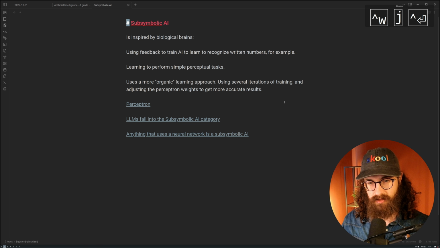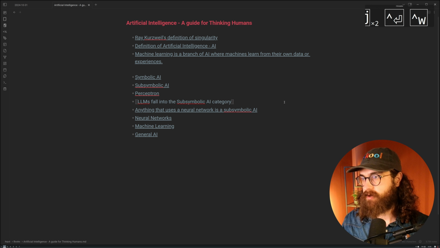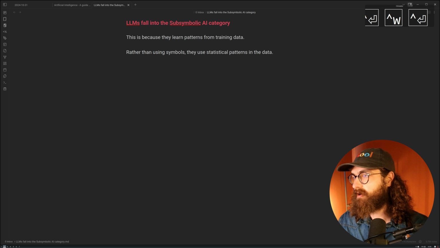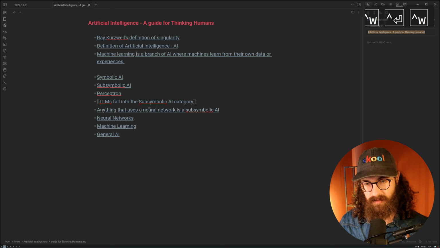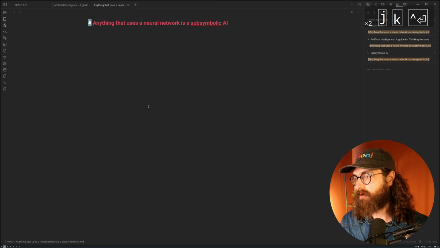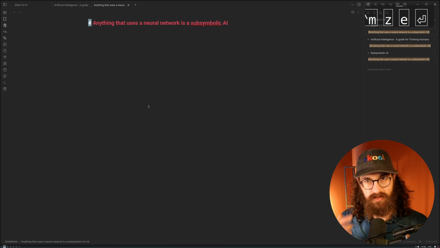Then this one had the perceptron link already, so there are already a few links there. That's good. LLMs fall into the subsymbolic AI category. Well, that one has a backlink from this one, so that's fine. Anything that uses a neural network. Yes, okay. So everything that's linked, I'm just going to move straight to my Zettelkasten,